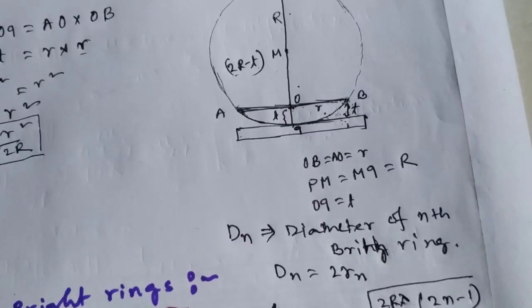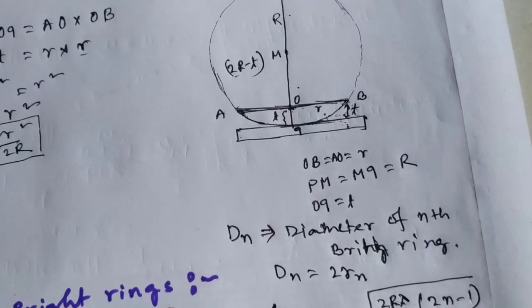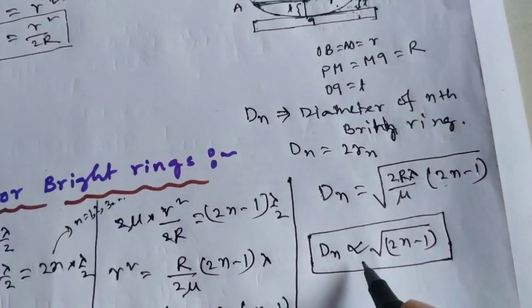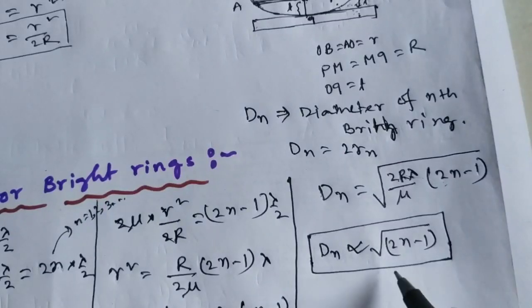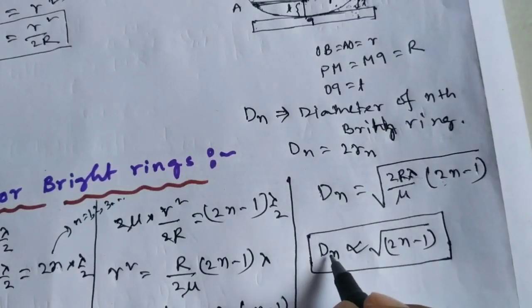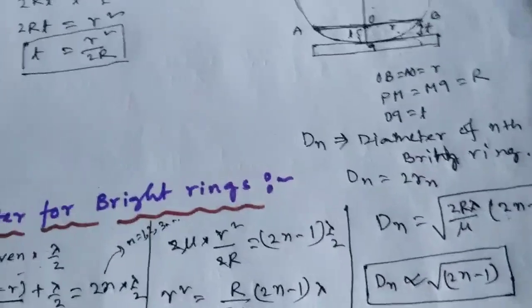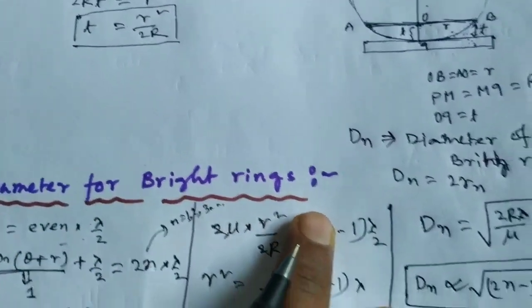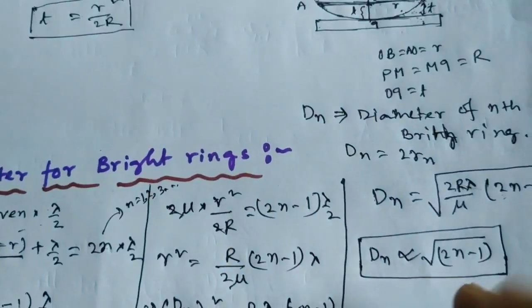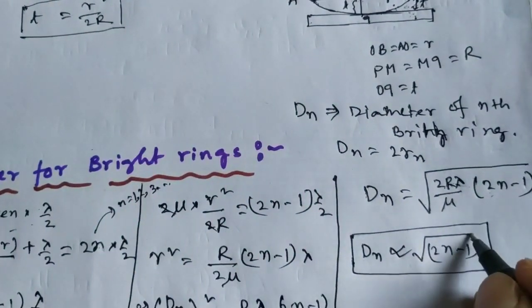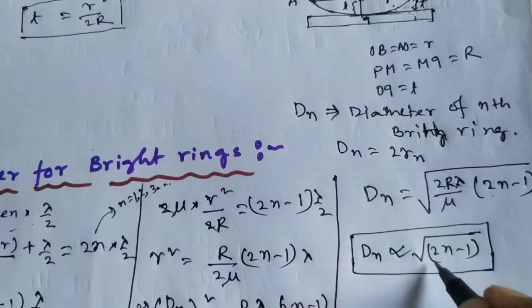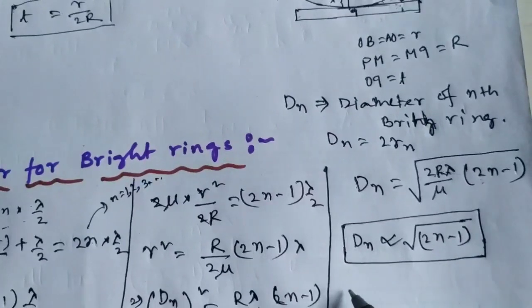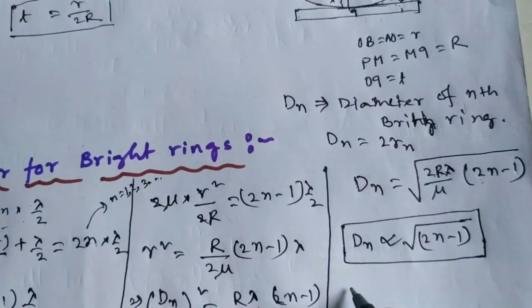Actually, this is very important for your exam. The question we get in the exam is that the diameter of bright rings is proportional to the square root of odd numbers. What is the question? Prove